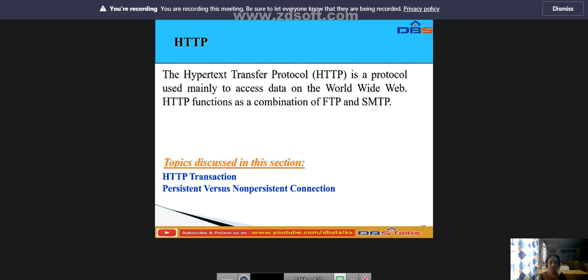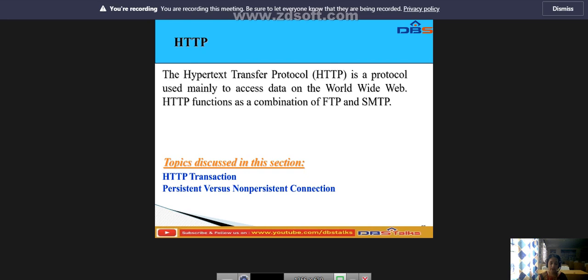The server uses a port number. Whenever we send the response to the client, the server uses the port number 80, and the client uses a temporary port number. HTTP uses the service of TCP, which is a connection oriented and reliable protocol.